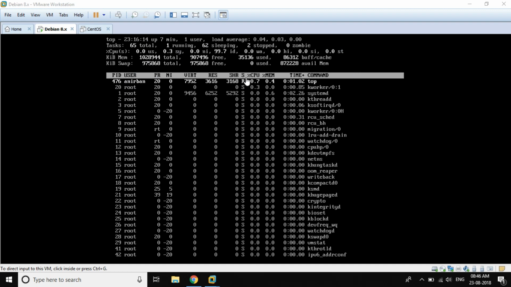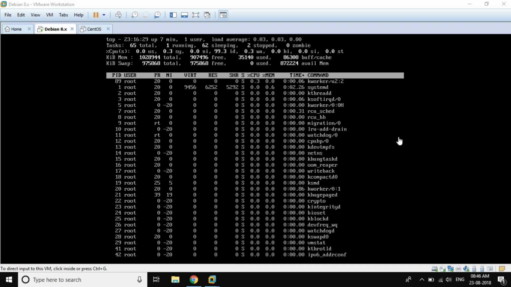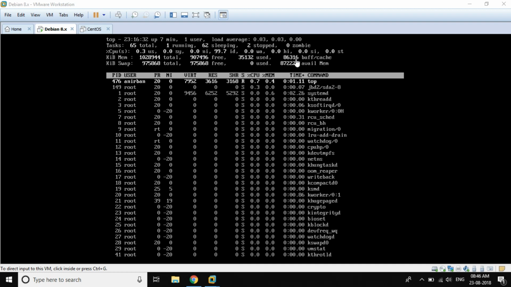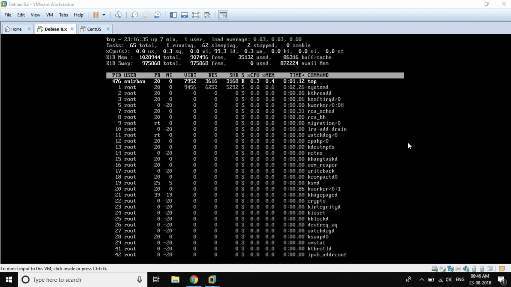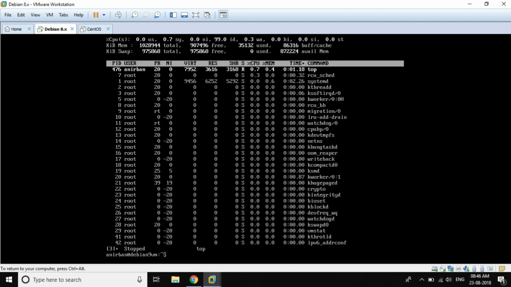First of all, we are going to find out the hard disk size of this operating system. We'll first find out that, and then we are going to resize the root partition here, and we are going to see how we can do that. So first of all, let's find out the hard disk partition. If I type the fdisk command here,